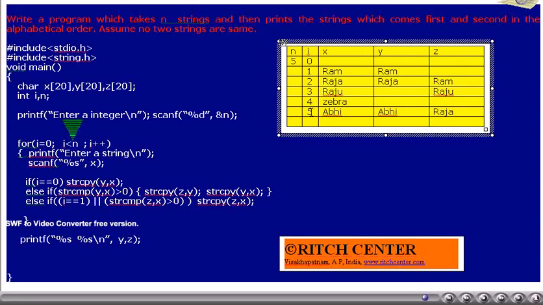No. Thus, we will come out of the for loop and then we will print the values of the variables y and z. y contains the string which comes first in the alphabetical order, that is Abhi, whereas z contains the string which comes second in the alphabetical order, that is Raja.